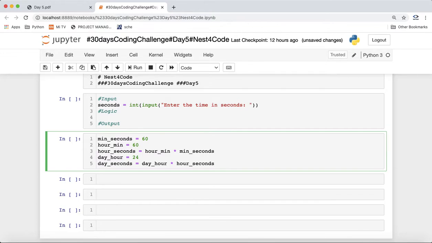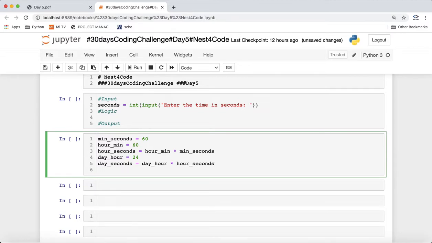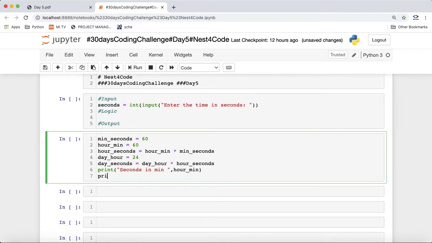I think this will be for our use case. Let's try to print this and see how many seconds we have in a minute. This is just printing for our understanding, not the actual solution, but we need this information before we move on to the solution part.